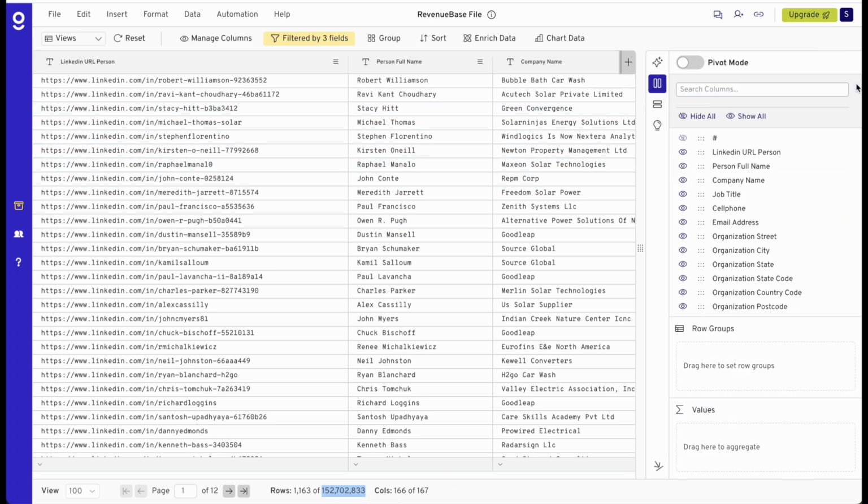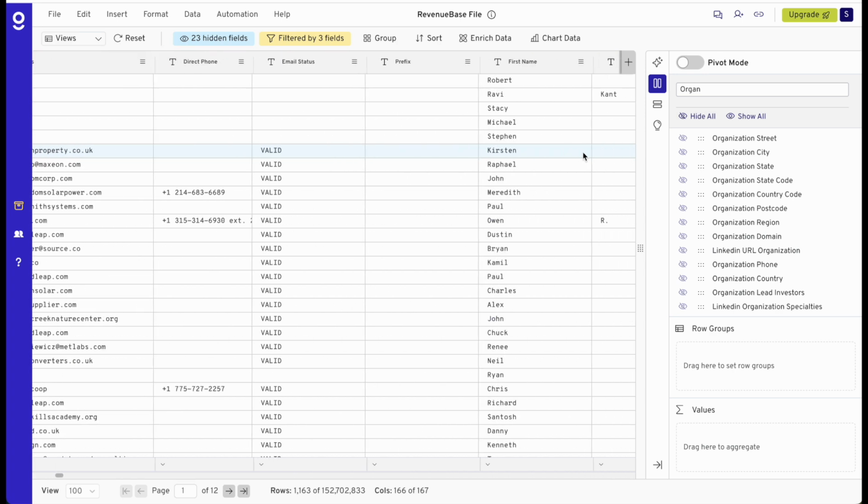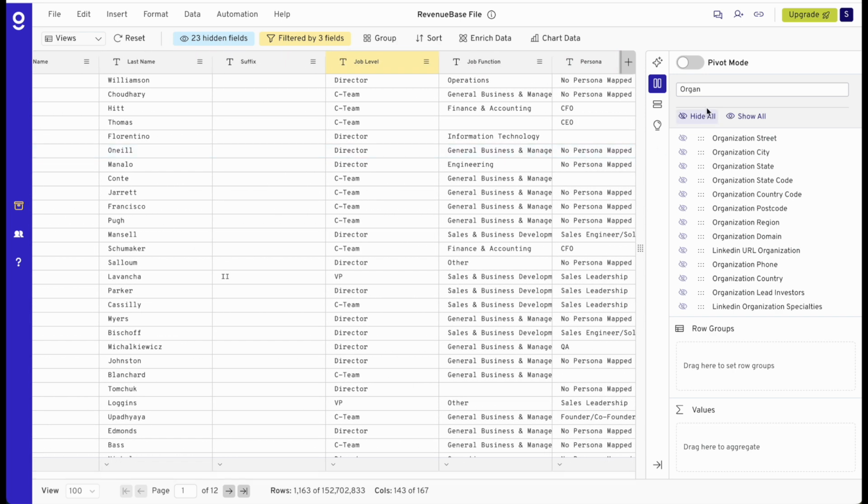I also might only want a few of the columns. Maybe I want to hide everything with the word organization. I don't want to see any of the organization columns in here. I can just start typing there and press hide all, and that hides all of the organization columns that were